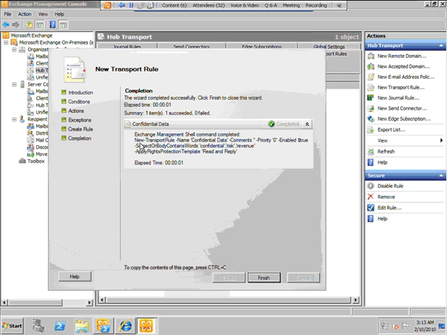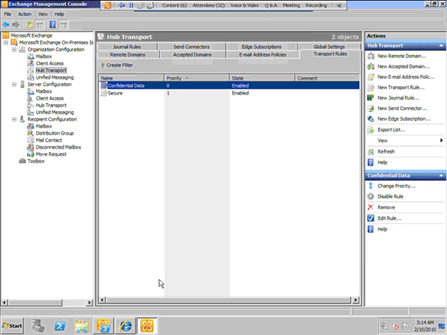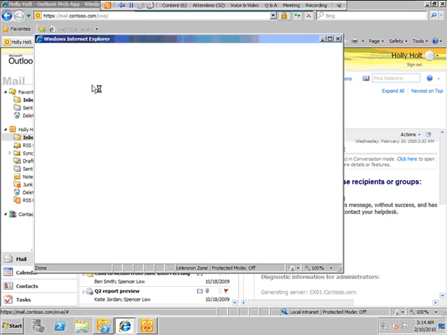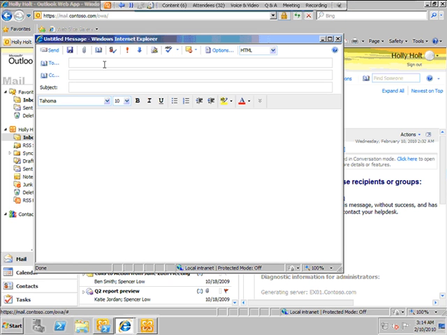So this is basically a PowerShell command at the back end saying new exception, new transport rule with this particular parameter: confidential data, comments, and particular words that we have added over here. Once I'm done with this particular rule, I'm going to log in as Holly again, that I'm already in. Let me click on new to add the new message. I'm going to say to Nuno again, and I'm going to say that